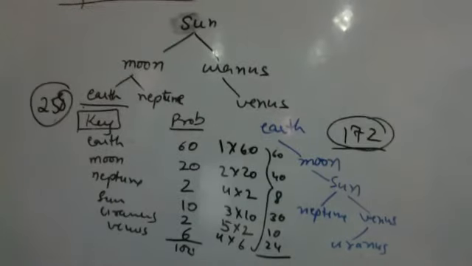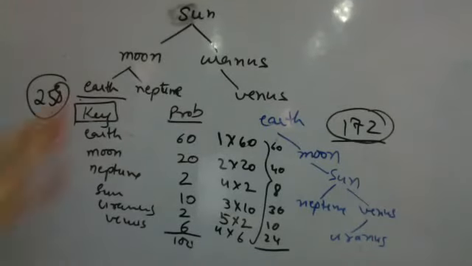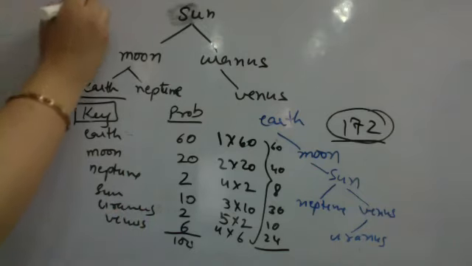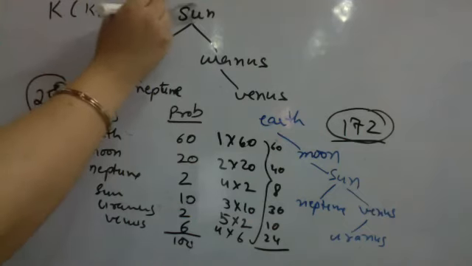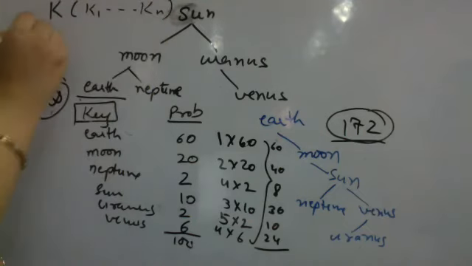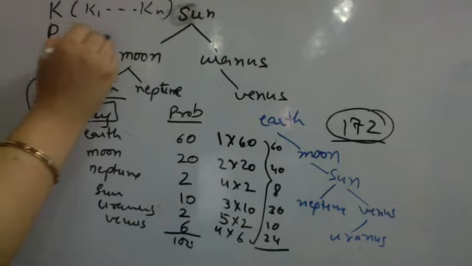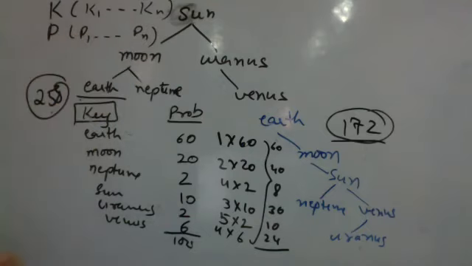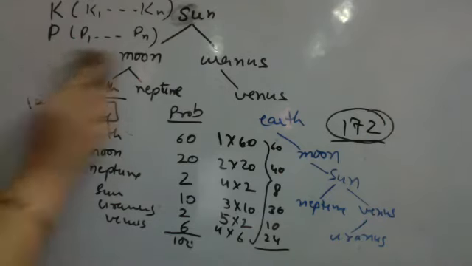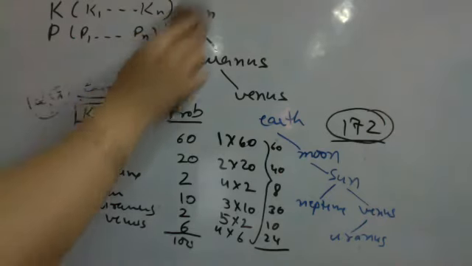This is the optimal binary search tree problem. Here we are trying to build a tree for a given set of keys with some given set of probabilities. I have an array K having keys K1 to Kn, and a given set of probabilities P1 to Pn for the n keys. Now I have to arrange them in the order of a binary search tree for which the cost of searching in the tree would be minimum. This is my problem. I want to solve this problem using dynamic programming.